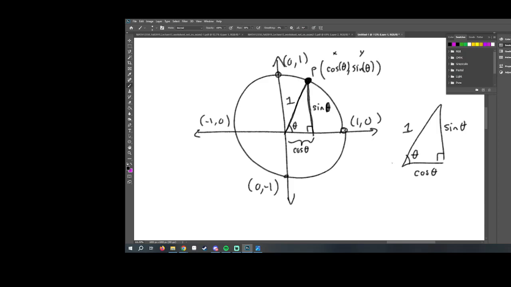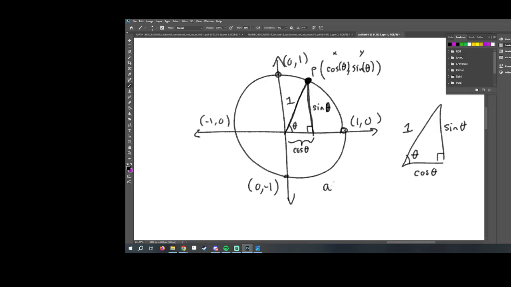Now, there's a lot that you could notice here. If you know the SOHCAHTOA definitions of sine and cosine, you can see that they agree with this. In fact, this is sort of where they come from. But the more important thing to note here is Pythagoras, who turns out may or may not have existed, but there were definitely Pythagoreans in ancient Greece, and they definitely pretended a guy named Pythagoras existed if he did or if he didn't. But the Pythagoreans came up with a really lovely formula about right triangles and right triangles only